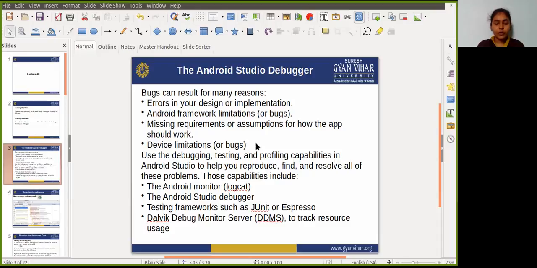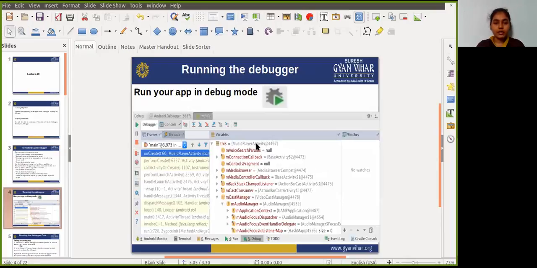In this lesson we will mostly learn how we debug an app with the Android Studio debugger, set and view breakpoints, and also step through the code and examine variables. So first, let's understand running the debugger. Running an app in debug mode is similar to just running that app. So we can either run an app in debug mode or attach the debugger to an already running app.